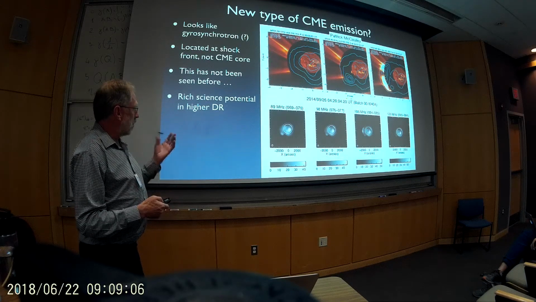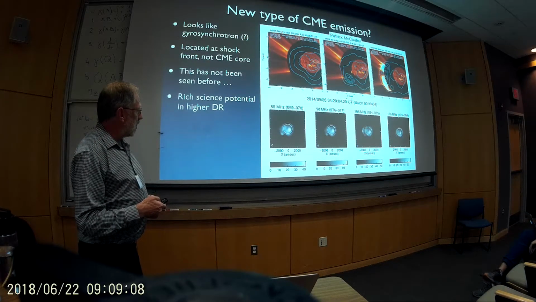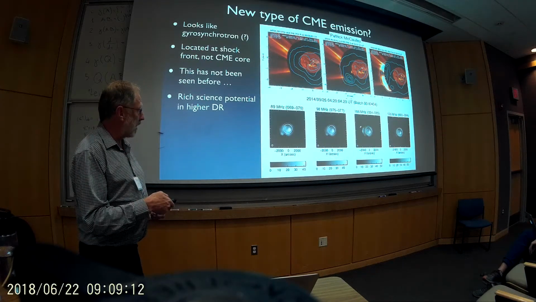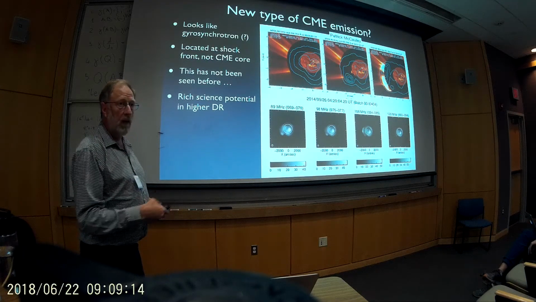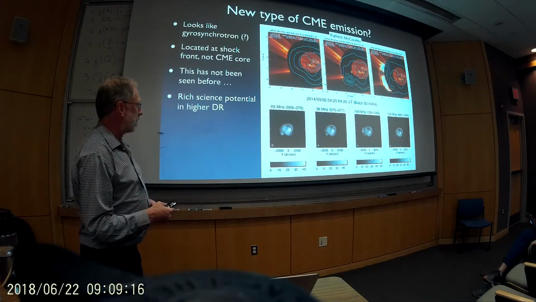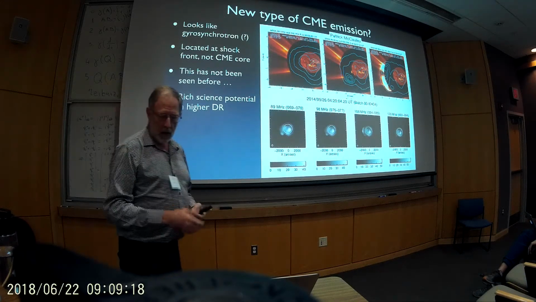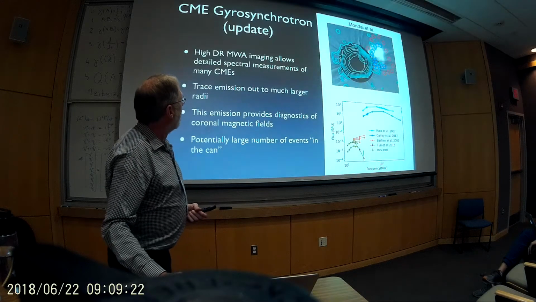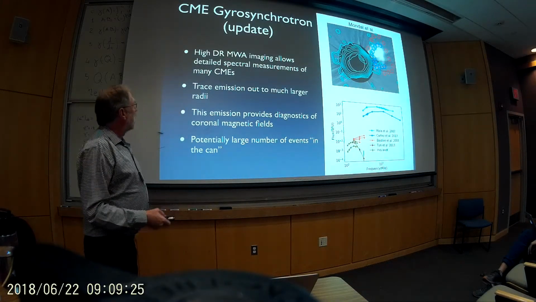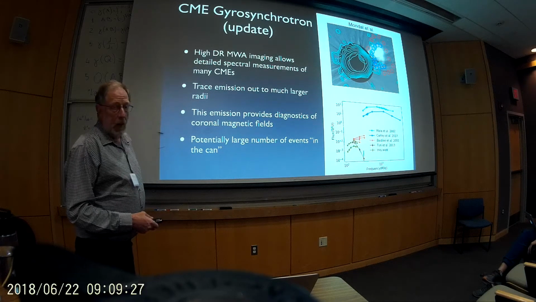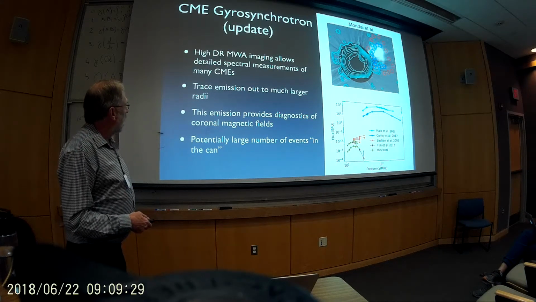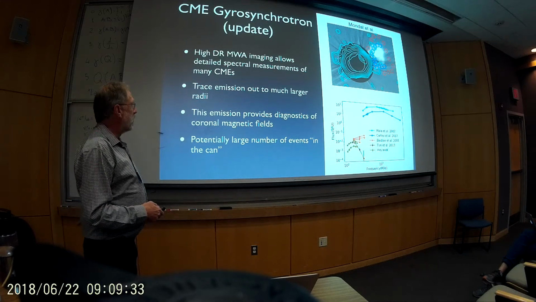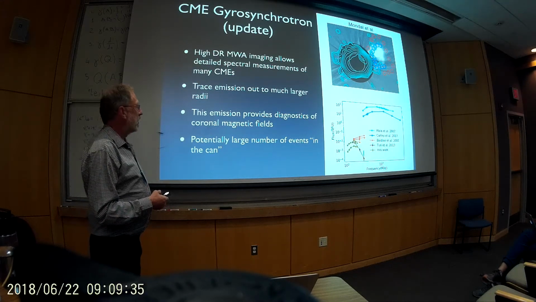And what one really needs is the maximum possible dynamic range of imagery so you can track this sort of phenomenon as far out into the heliosphere as we can. So this is a rather interesting new piece of science that's emerging now. This is a bit of an elaboration of something that I presented in Nagoya 6 months ago. And it relies on high dynamic range MWA imaging. Again, this is a unique capability that the MWA has,